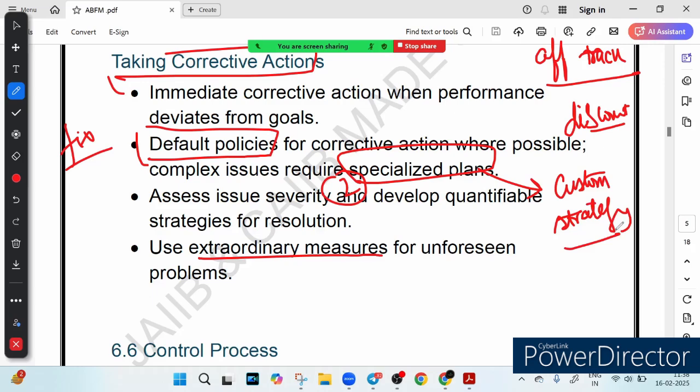Imagine a car manufacturing company finds a quality defect. They won't just ignore it. They recall the cars, they fix the issue, and they ensure that it does not happen again. That is corrective action. So what we learned is spot the problem, fix it, and prevent future issues. That is how businesses stay on top of their game, by setting clear goals, tracking performance, and fixing issues. They ensure success. Simple, right?